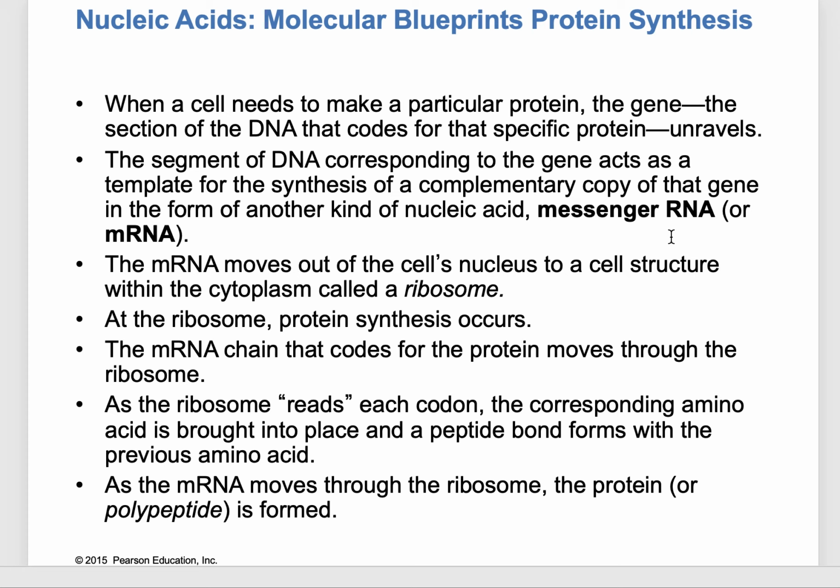So it just opens up, just like replication, and then nucleotides come in and make the RNA, just one side. Now after that's done, the messenger RNA moves out of the cell nucleus into the cell cytoplasm area